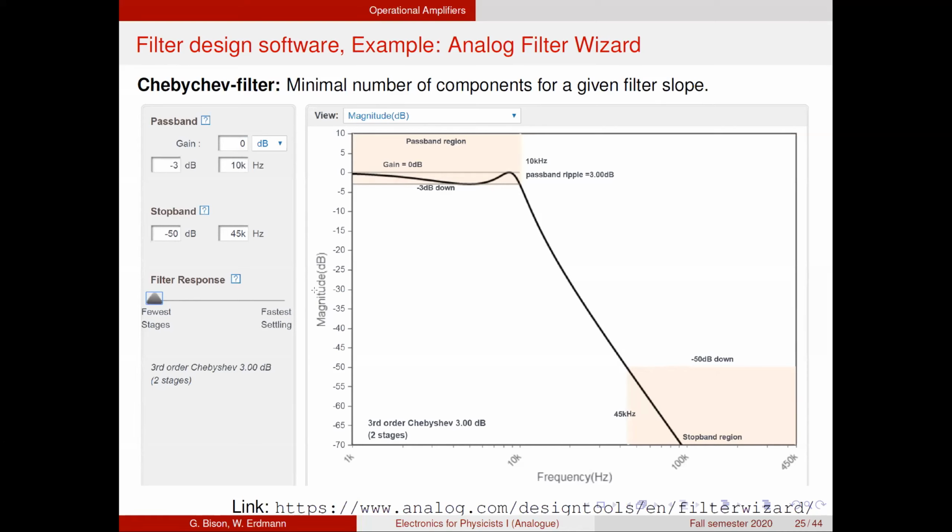And one strategy is to go for the minimal number of components. And the minimal number of components, this is optimized in the Chebyshev design. And in this case, you need a third-order Chebyshev filter to achieve this filter behavior, which is within your design